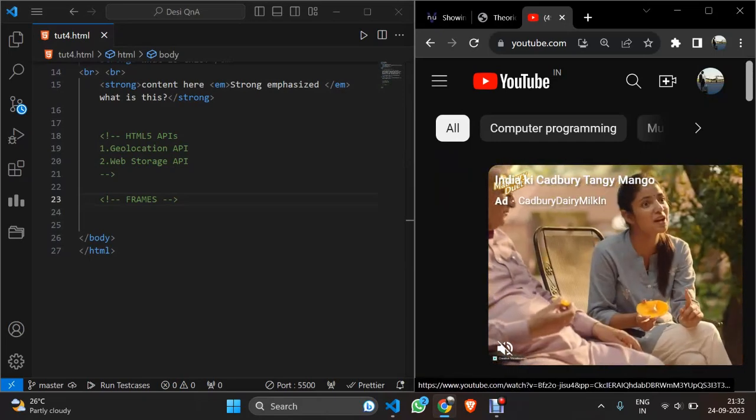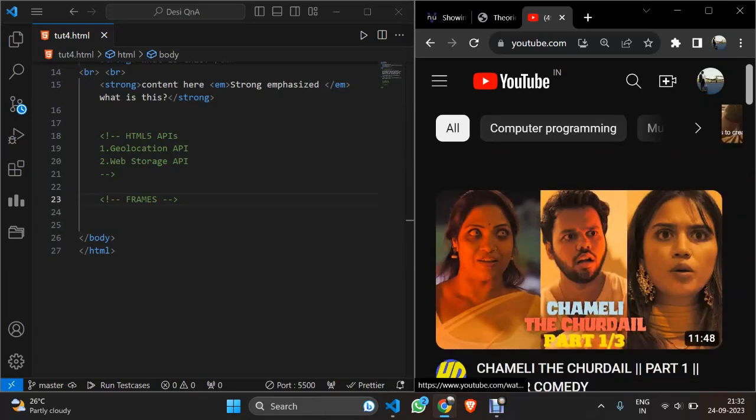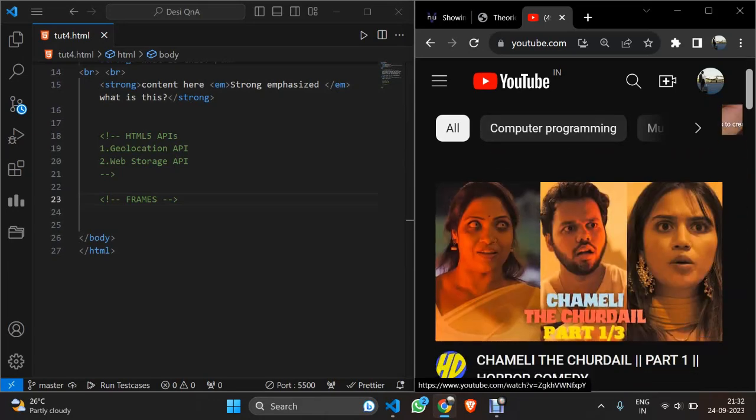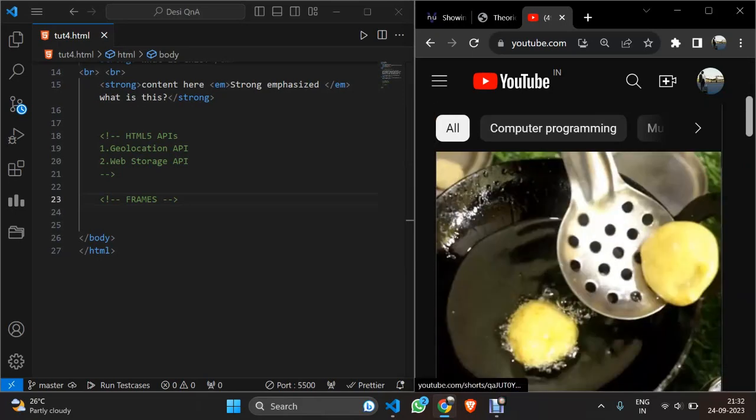This is one frame. This video is displaying in this frame and the next video is displaying in this frame. These different frames are there to represent different videos, right? If I expand this,